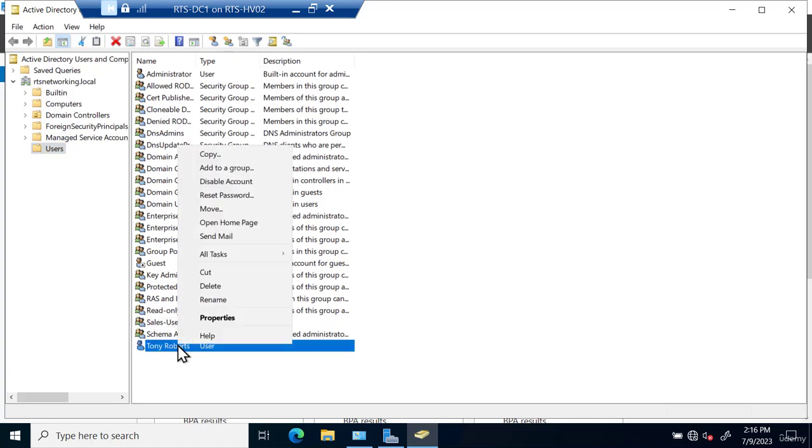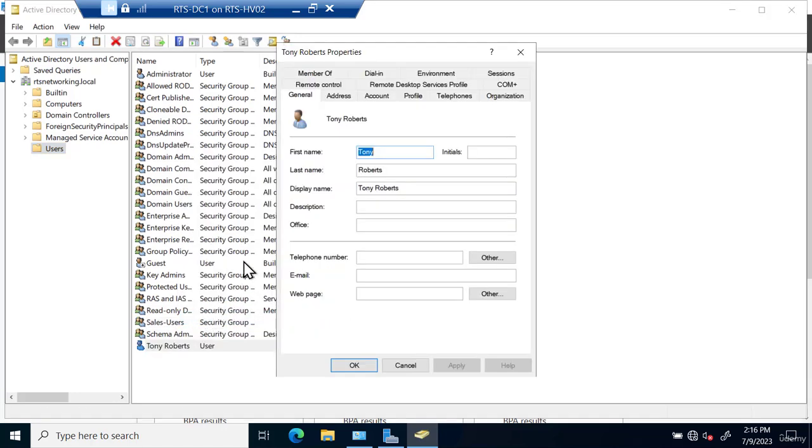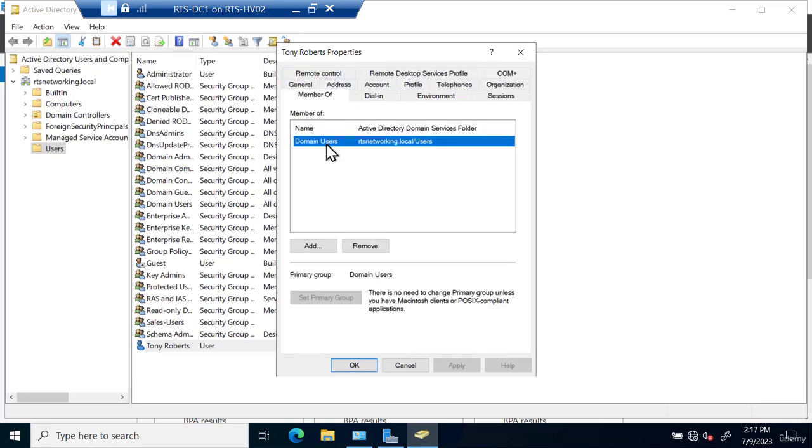I can right click Tony's account and go to properties, and I get all these tabs here. One of these tabs is Member Of. This will show me every group that Tony is a member of. If I want to add Tony to a new group, I can just go to Add,